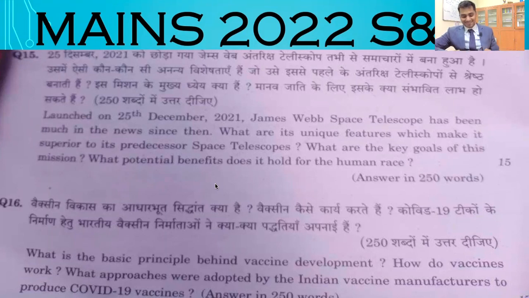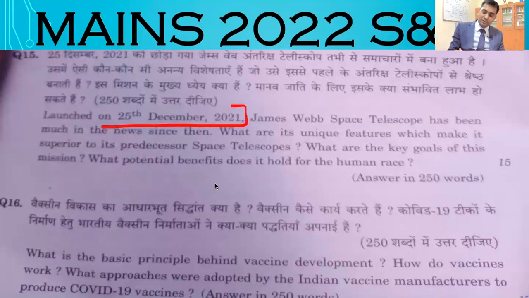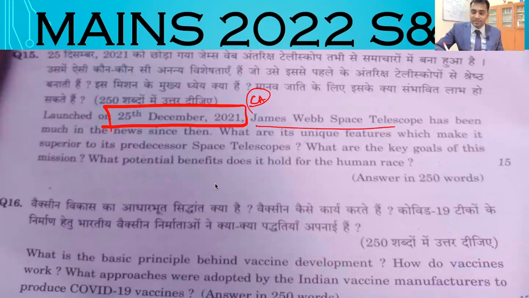So this is something, if you have not prepared science and technology, and if you go for UPSC, then that becomes difficult. But look at this. 25th December 2021. It is in current affairs, and every newspaper has carried this. And they said how it is different. This year, in 2023, we are expecting this one for prelims also. All the test series in the market covered this.